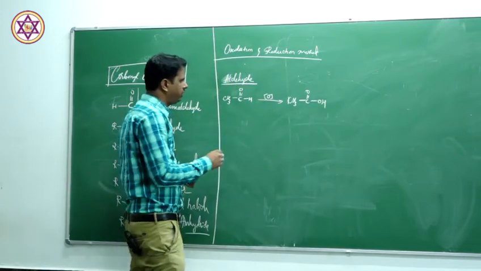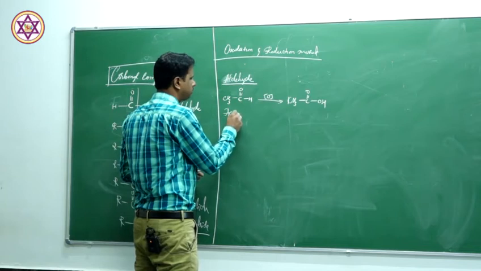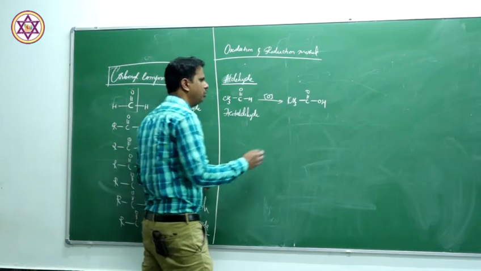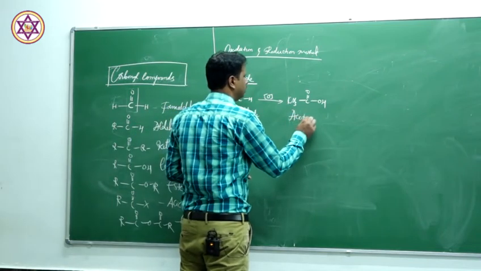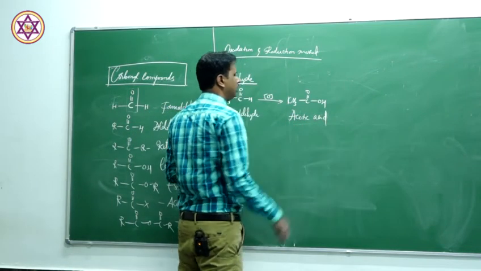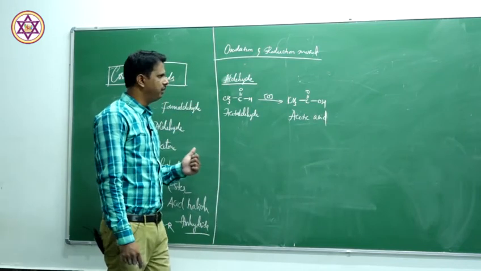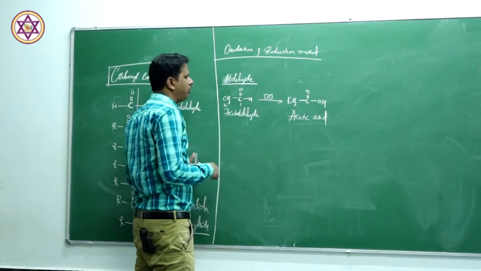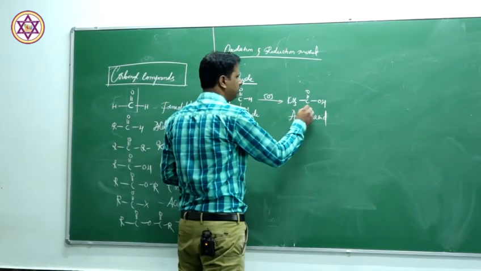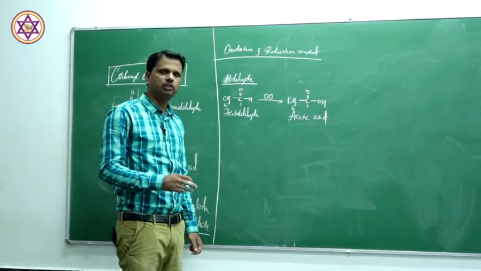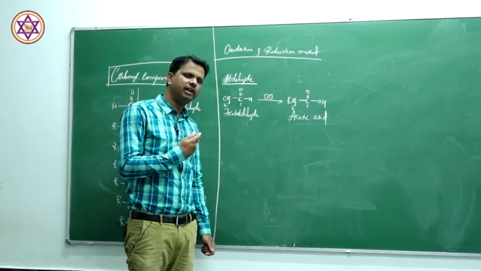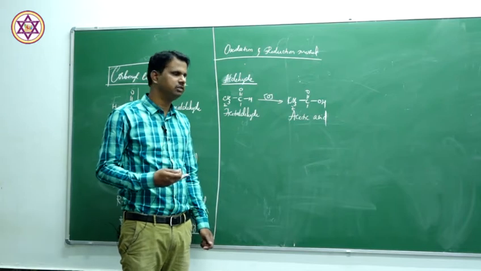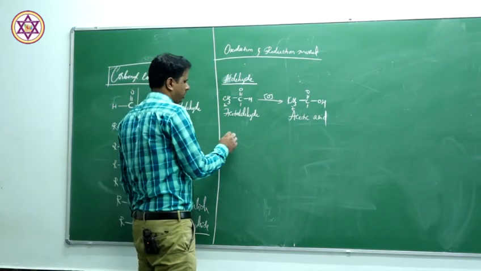In this case, I have taken acetaldehyde molecule, and we got acetic acid. Now look carefully. We had taken an aldehyde which had 2 carbon atoms, and now we got an acid which also contains 2 carbon atoms. So the conclusion here is when an aldehyde is oxidized, we'll get a carboxylic acid having the same number of carbon atoms.